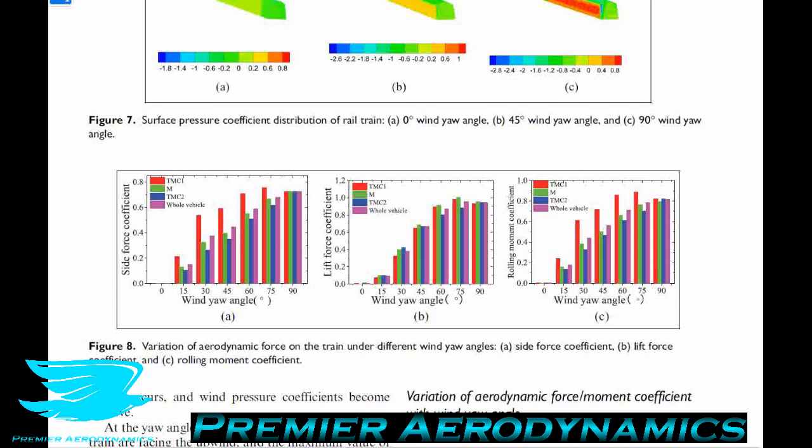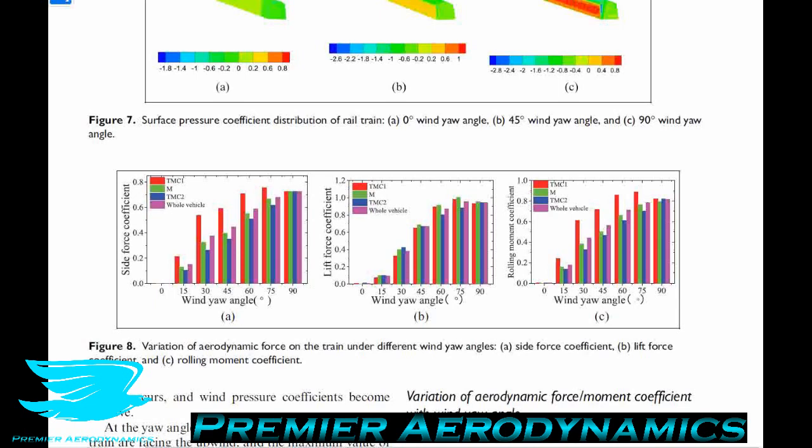When it comes to the side force and rolling moment coefficients, the front compartment is definitely affected the most with both of these quantities. And the lift coefficient, which is generally speaking affected across all three compartments, rises steadily with increasing yaw angle from 0 degrees, in terms of the lift coefficient, side force coefficient, and rolling moment coefficient, to about 0.9 when the wind is at a 75-degree yaw angle, and then it drops slightly at